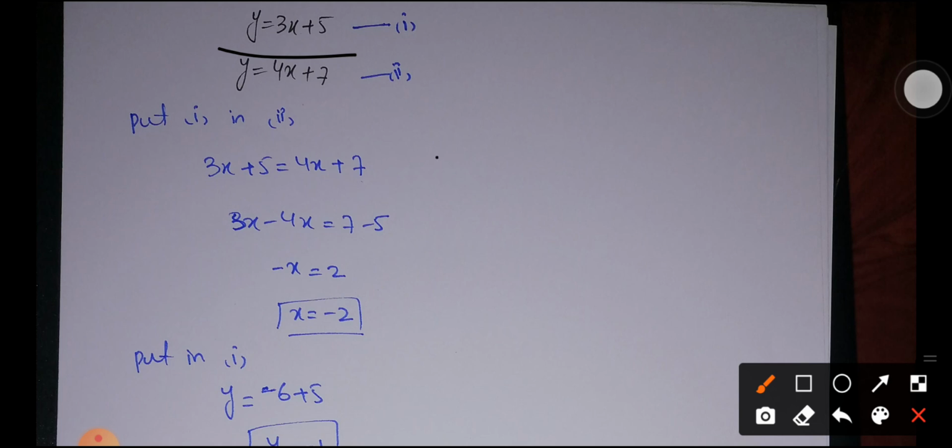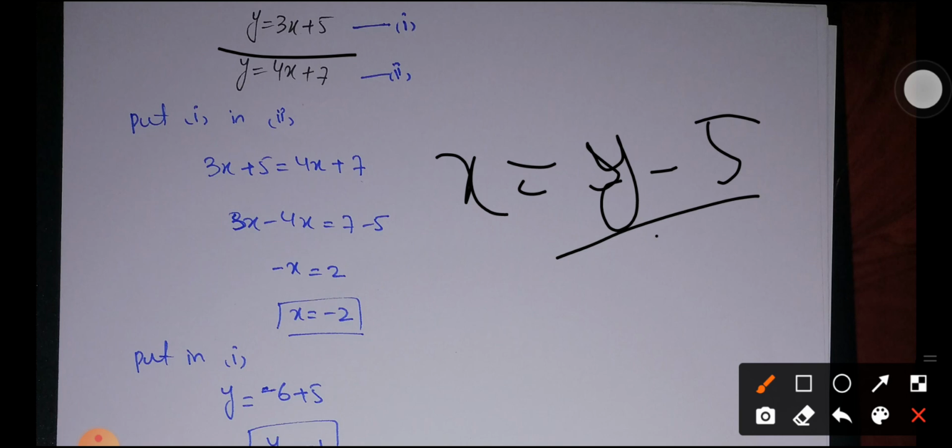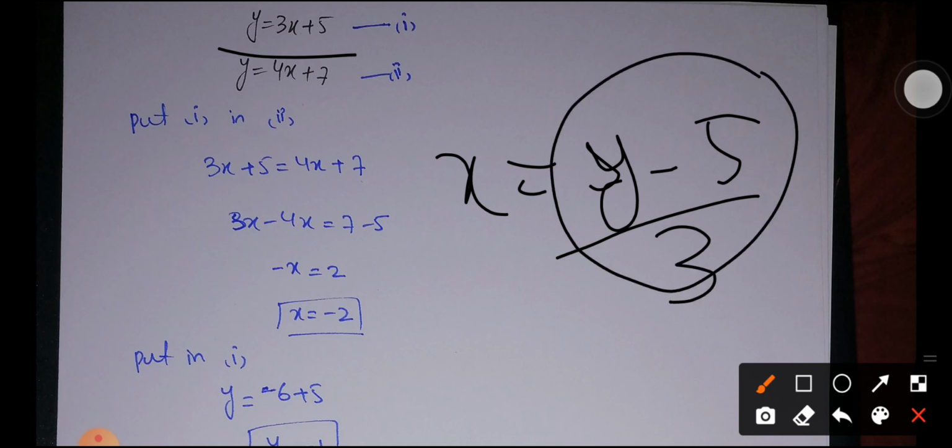But if I find out the value of x, we have to deal with the fraction because it will be equal to y minus 5 over 3. So we have to deal with the fraction, that is we need to take the LCM again and again. So it's better to find out the value of such variable whose coefficient is 1, so that we may avoid the fractions. But again you may find out the value of x and you will get the same answers at the end.